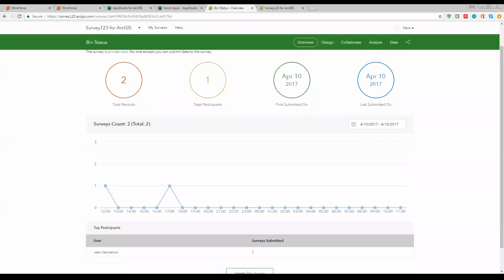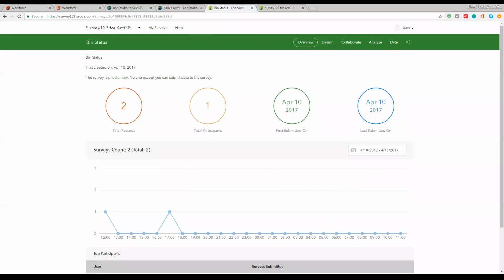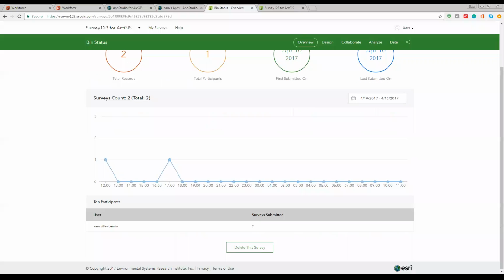One thing that I like, with the improvements of Survey123 through the years, is that for the latest surveys, you can actually have an overview of the responses that were sent for the survey you are viewing. Apart from the total records, you also have total participants, and dates of submission for both the first submission and the last submission. And as you can see here, we also have varying graphs, which provide more information as to not just the topic that the questionnaire is focusing on, but also on the behavior of the participants and their response times as well.